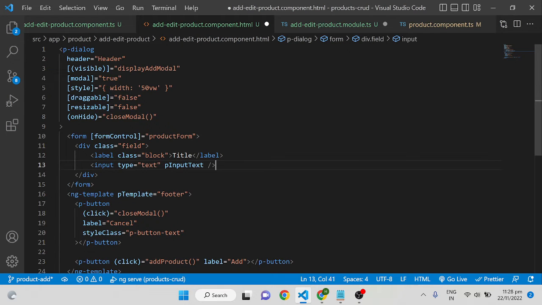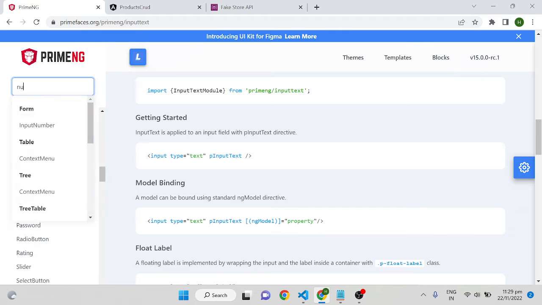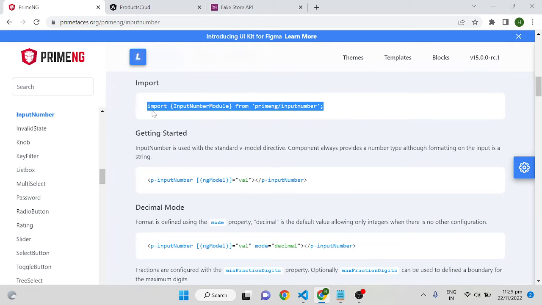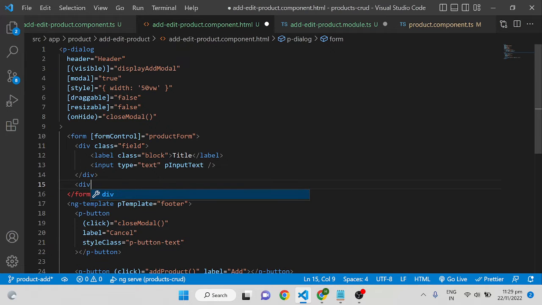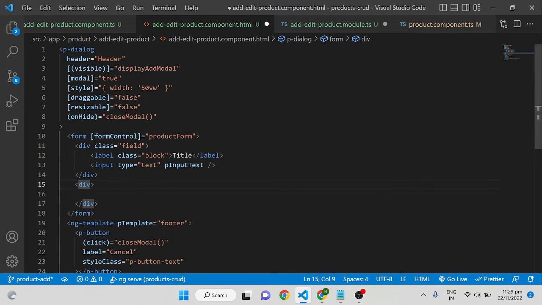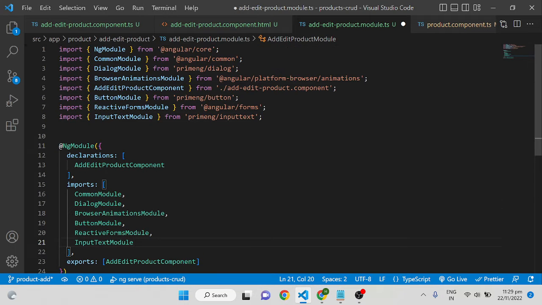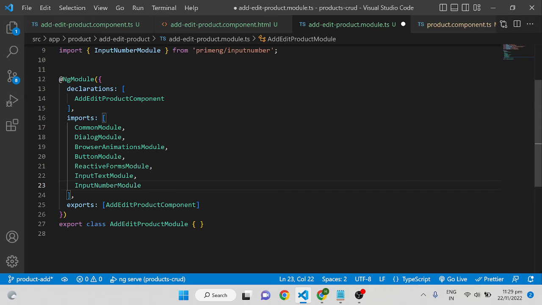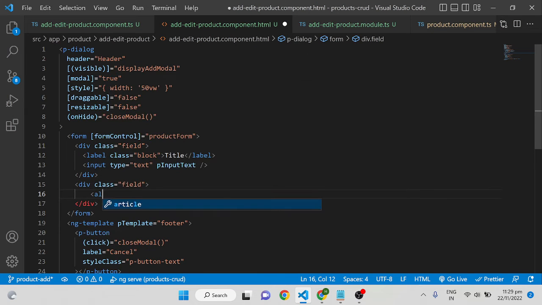Okay, the same way I have to do a number, input number, then the class equal to field. Let me import the input number module also, number module, then come to here and it will be a label,